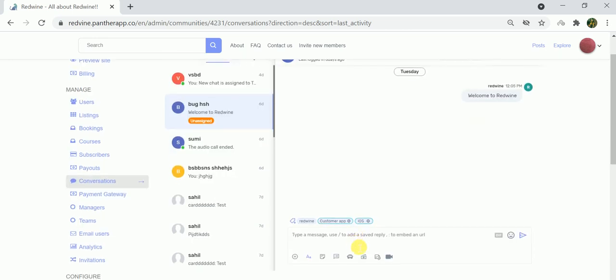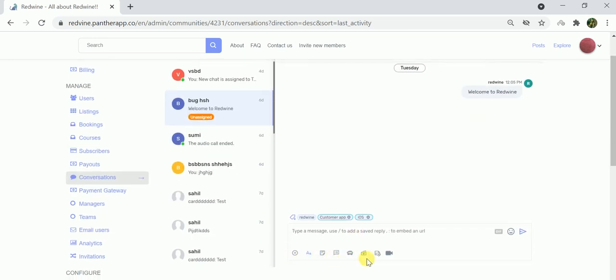platform. In this video, I will be covering these small icons which we have during the chat with the user. Before explaining these, as you can see, there are several tags attached to this chat. So what do these tags mean? These tags basically determine the origin of the chat, which means where exactly the user initiated the chat from. So if you talk about this specific chat, this chat was initiated by an iOS customer app user, the one who was using our app.